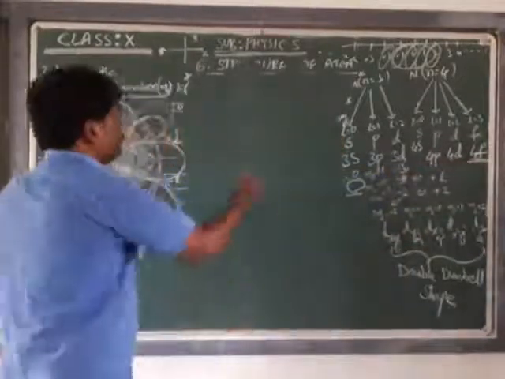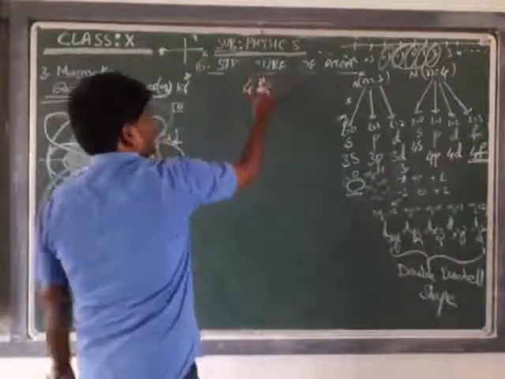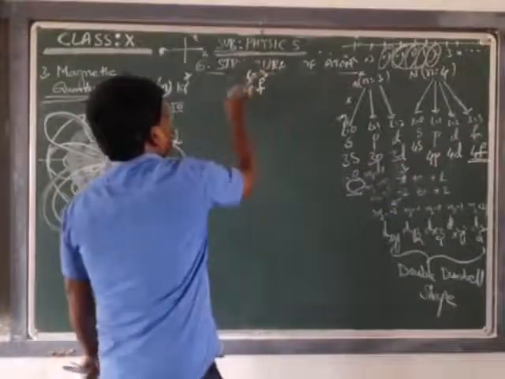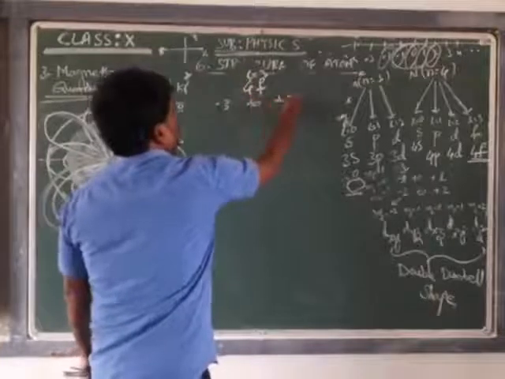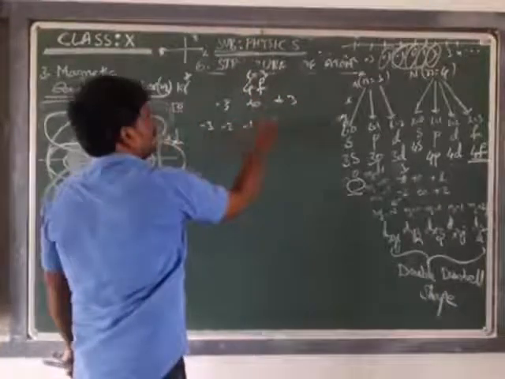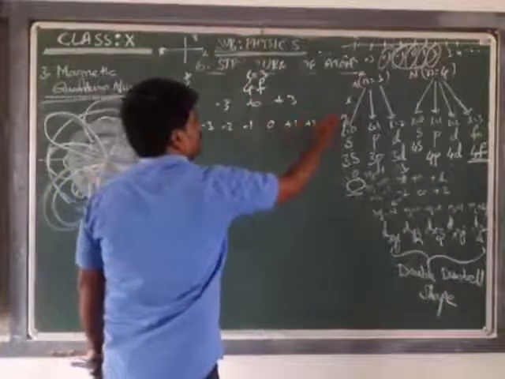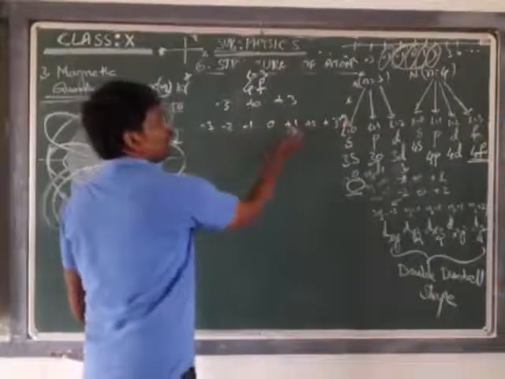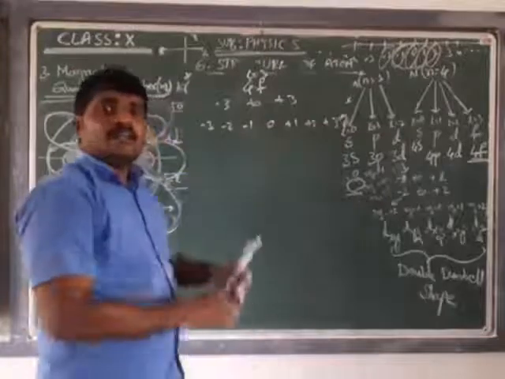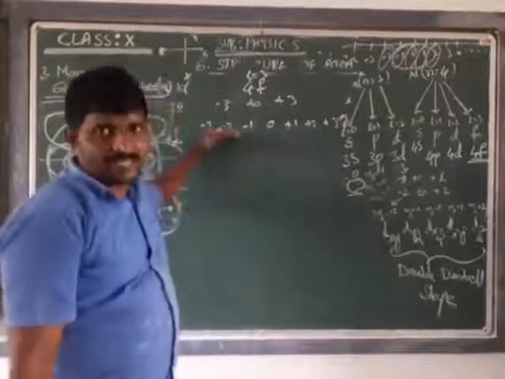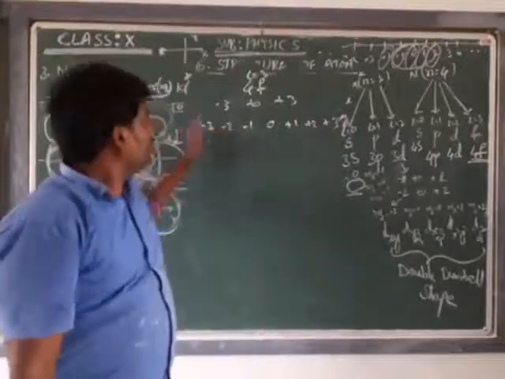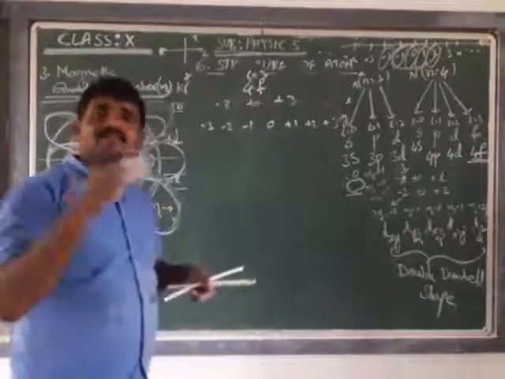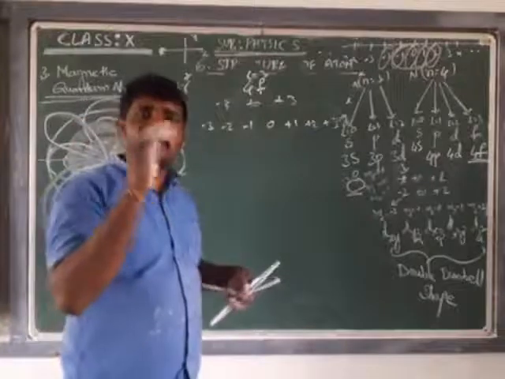For F, how many values? Let's see. Suppose I am drawing 4F. For 4F, the L value will be 3. So -3 to +3: -3, -2, -1, 0, +1, +2, +3. That is 7 orientations: 1, 2, 3, 4, 5, 6, 7 orientations. But theoretically there are 7 orientations, though these 7 orientations are not specified with a respective